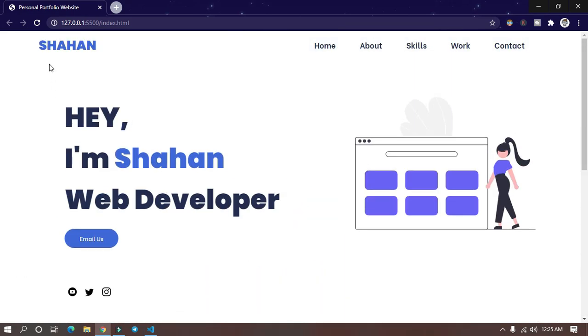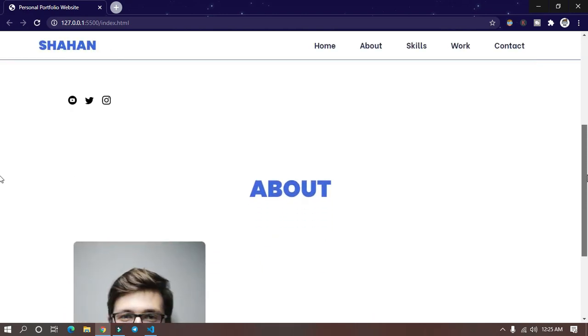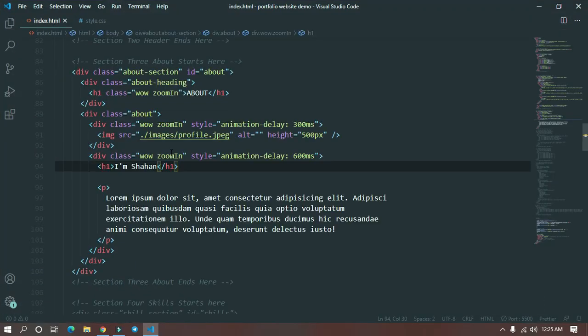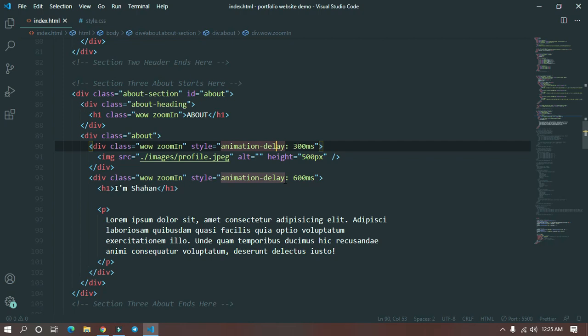And the animation which we have applied for the about section. See, when we scroll down, first this heading comes, then the picture, and then the text about the developer. For the heading the animation class is added, for the image we have applied a delay of 300 milliseconds, and for the text about the developer an animation delay of 600 milliseconds.